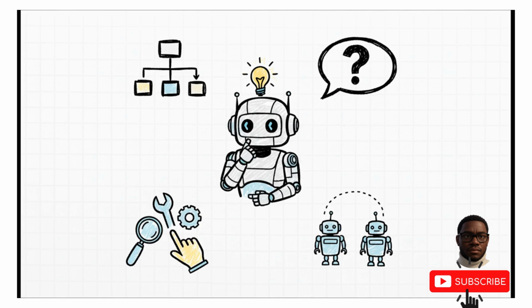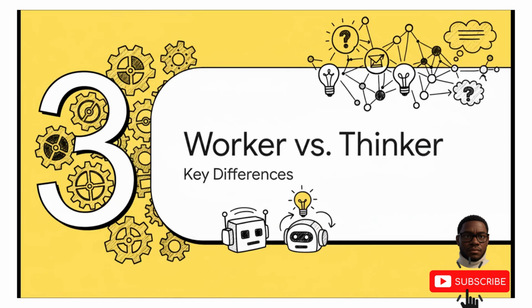It can look at a bunch of different tools and choose the best one for the job. Heck, it can even work with other agents. It's less like a tool and a lot more like a junior teammate. Okay, so now that we've met both our robot worker and our robot thinker, let's put them side by side